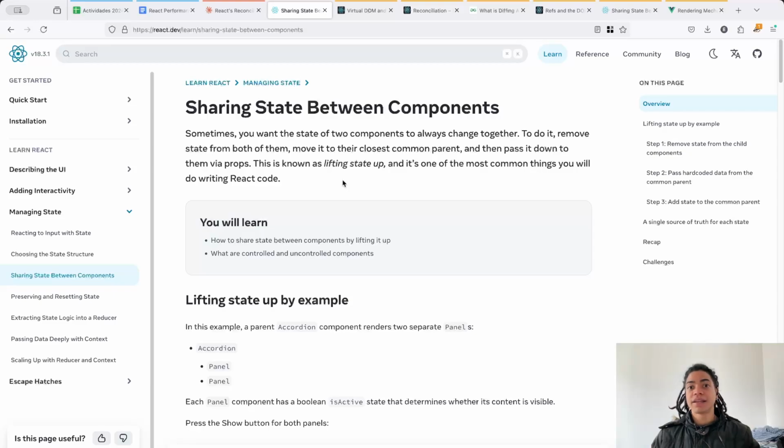Which means that a concept like Redux makes a lot of sense. You now have a single source of truth, the app-level state data. And because React keeps track of which state belongs to which component,